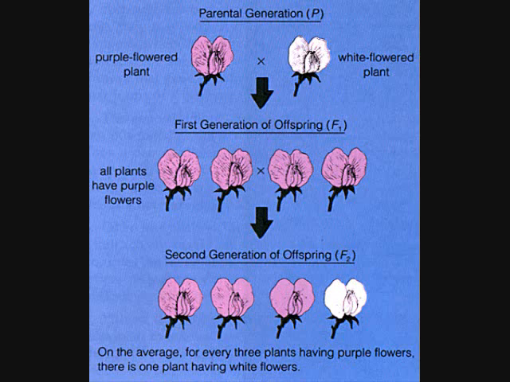Mendel noticed that 3/4 of his offspring were purple, despite the fact that one parent was hybrid, meaning purple and white genes, and one was purebred. This means that the first generation had a 100% chance of being purple, while the second one had a 3/4 chance of being purple with 1/4 being white.